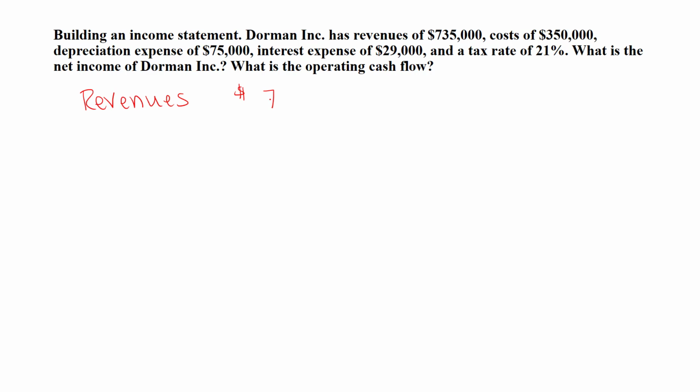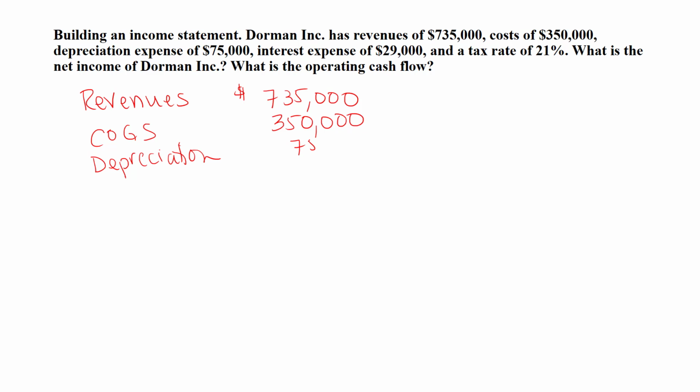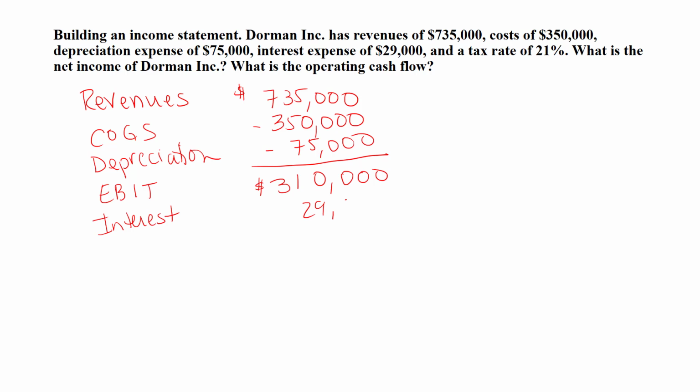So our revenues are $635,000, and our cost of goods sold are $350,000, and then we will subtract our depreciation, which is a non-cash item, but we subtract it because it gives us a tax break. And when we subtract cost of goods sold and depreciation from our revenues, we have earnings before interest and taxes, or EBIT, of $310,000. Now we're going to pay our interest, so we'll subtract the interest expense of $29,000,